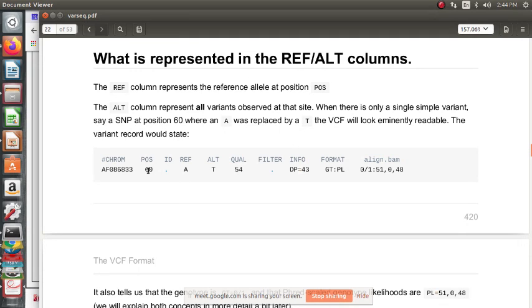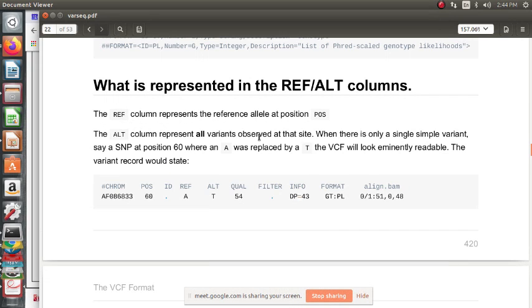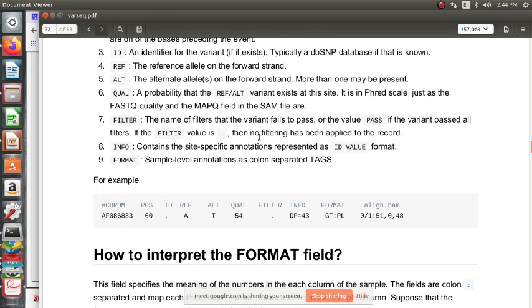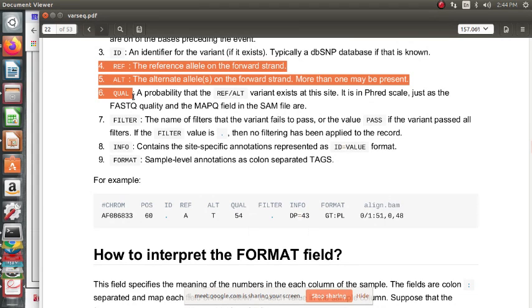So at the 60th genomic position, from 5' to 3', A is mutating to T with quality being this, a probability that the ref or alt variant exists at this site. So we can understand the 4th, 5th and 6th columns in an integrated way. Quality means a probability that the ref changing to the alternate variant exists at the site.